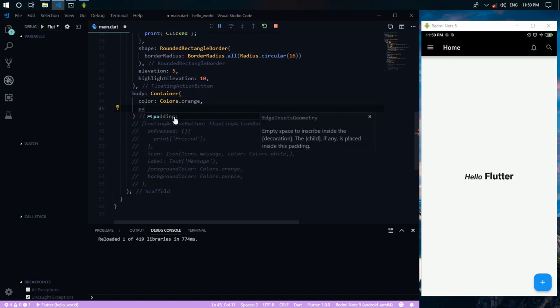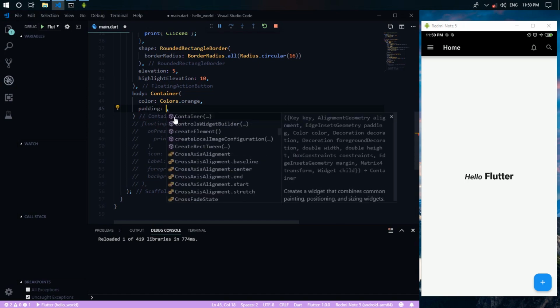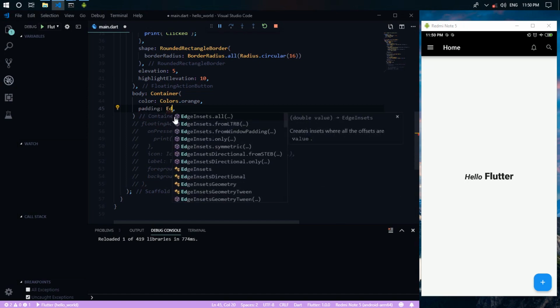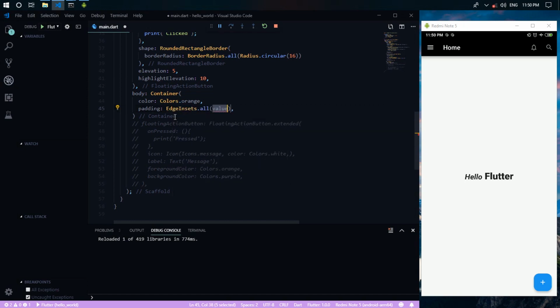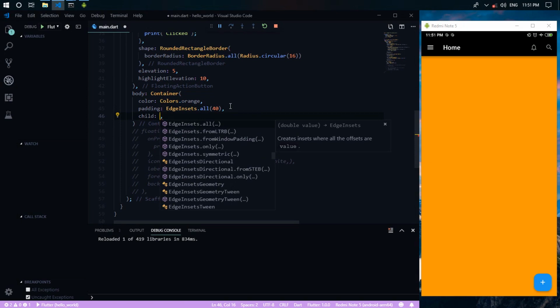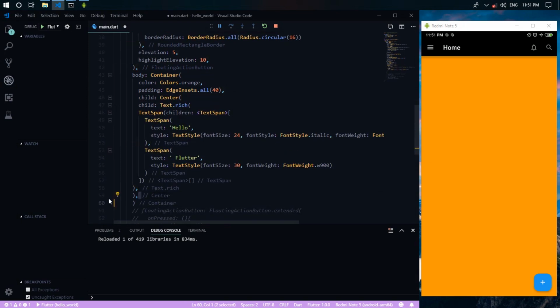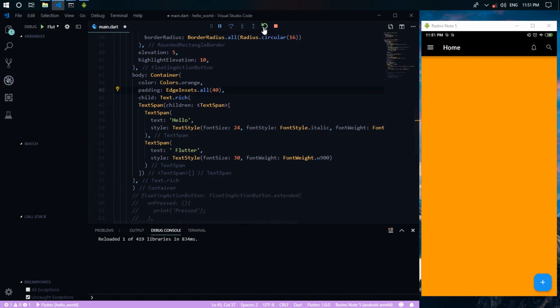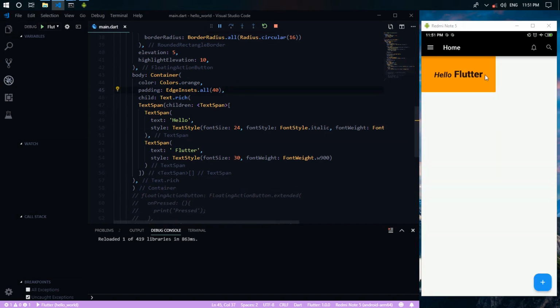Inside this container, I want to provide padding, and we just need to provide EdgeInsets.all. Maybe I want to set the value to 40, and just hot reload. We need to provide child, and let's say that inside this container we want to provide text, looks like this.